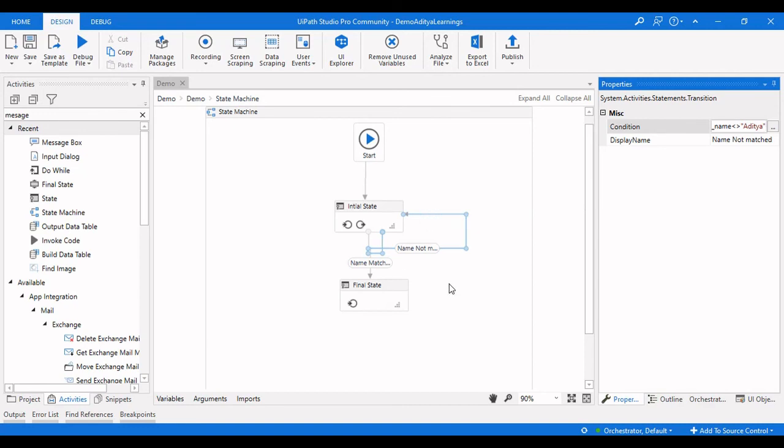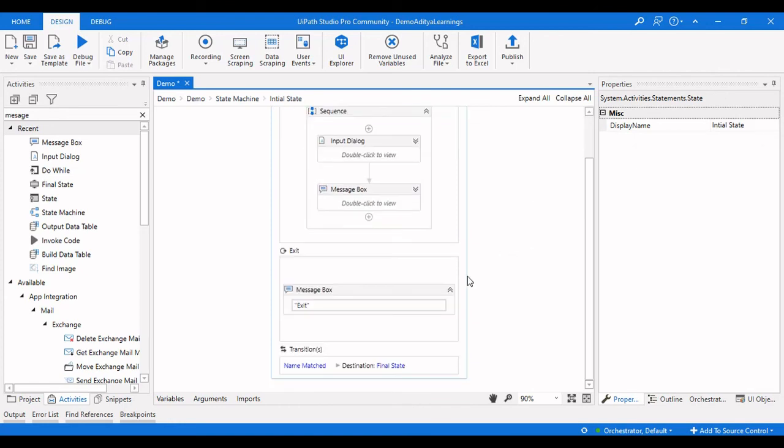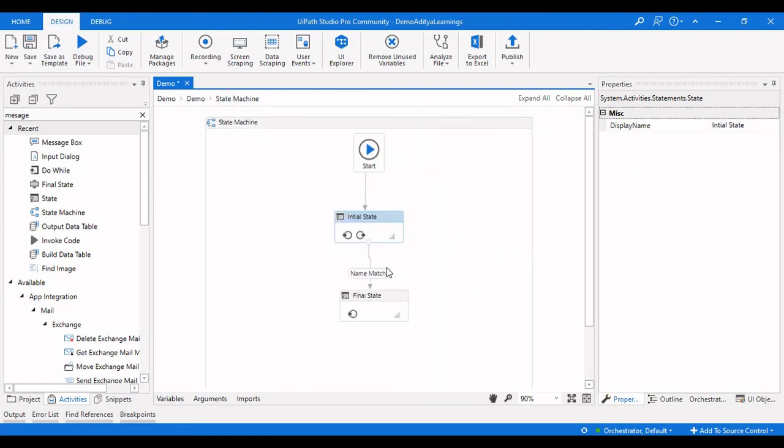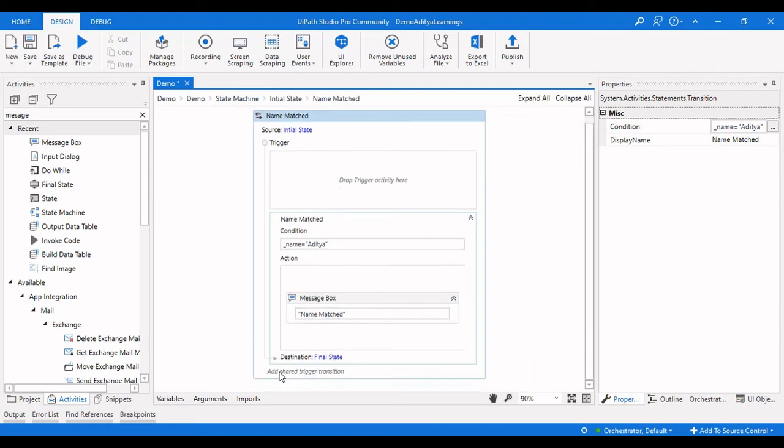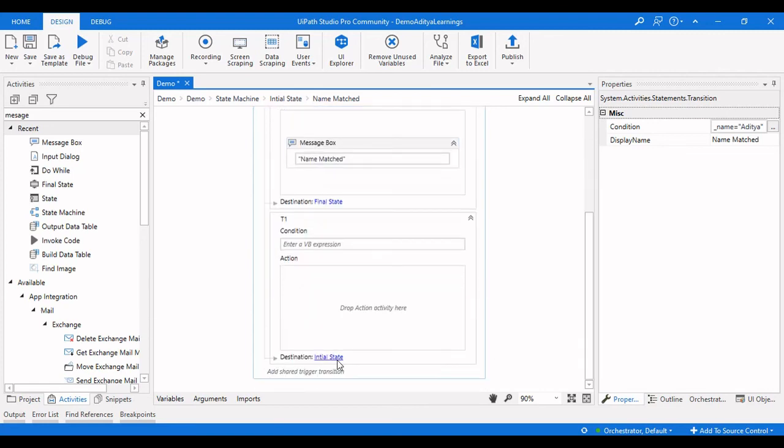Now the second state is cleared. Now let me add the shared transition here in this particular name match. Click on here, add a shared transition, and it is to the initial state. So it will connect to the initial state because the name is not matched. So you need to select that particular state, and it is going to the initial state, and you need to enter